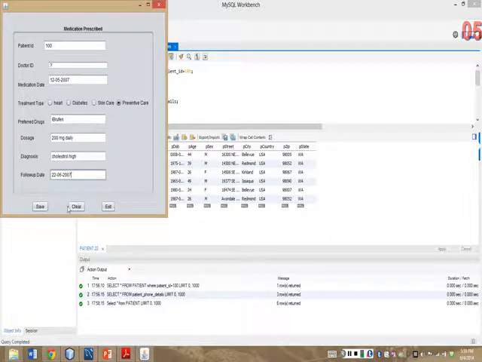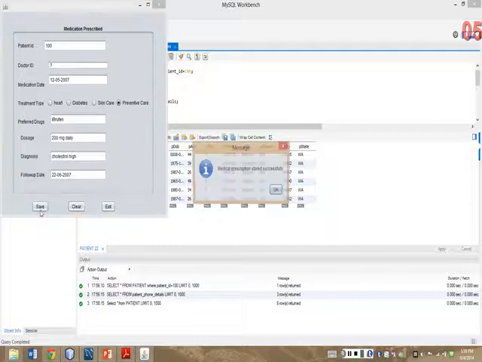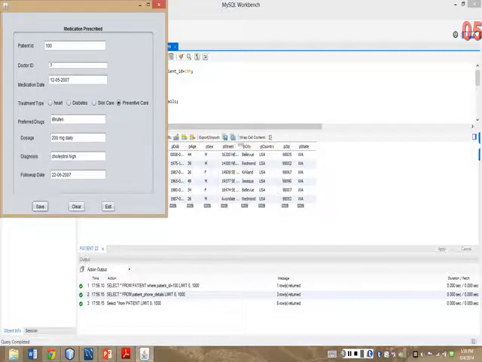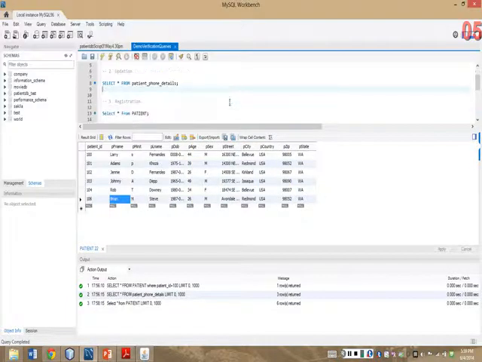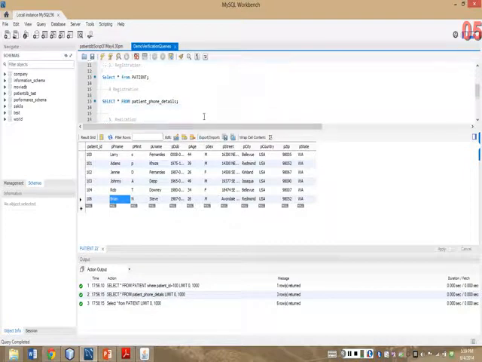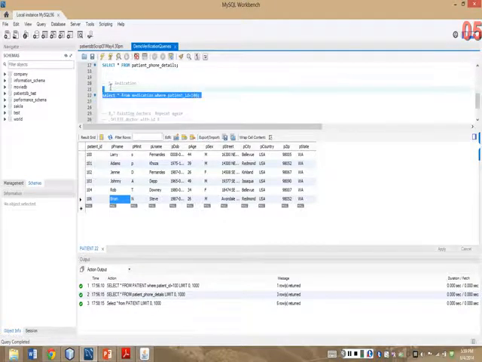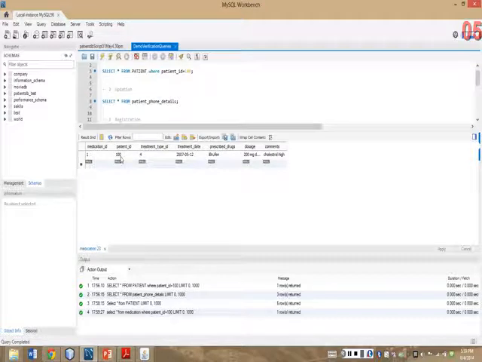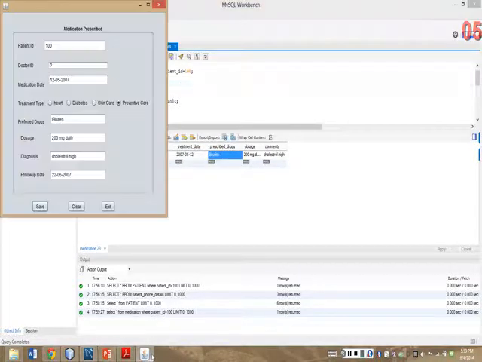Okay, now that we have filled the form, let's click on the save button. And now we can verify in the database that the medication details for that patient have been added successfully. Now this is the form from the doctor perspective.